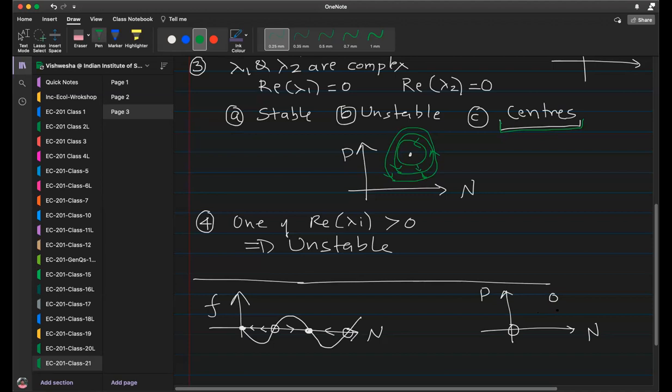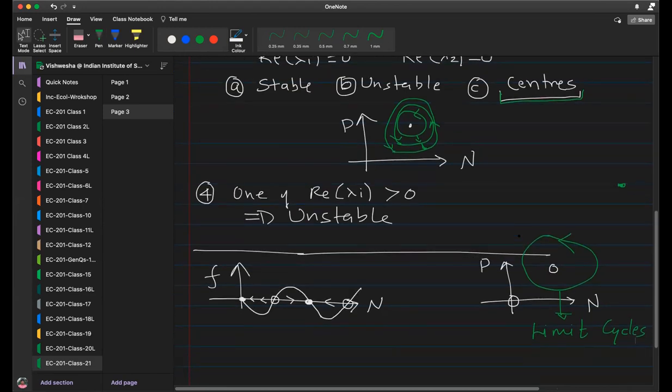One obvious consequence is they will just go somewhere else. The final trajectory may be somewhere else. Okay, that's one possibility. But one other interesting thing can happen, which is that it again goes in loops like this. So these are called limit cycles. Limit cycles are basically the ones that circle around, not circle in the circular sense necessarily, they basically loop around an unstable equilibrium.